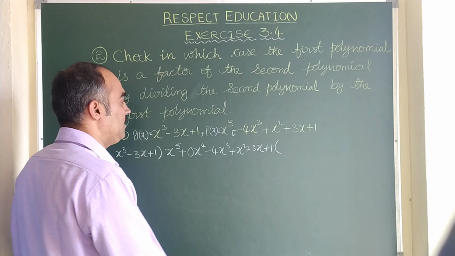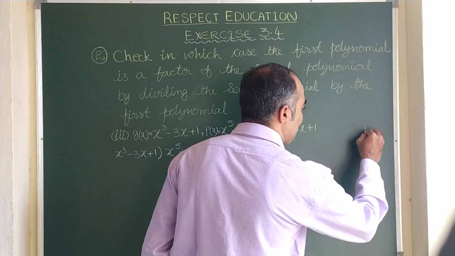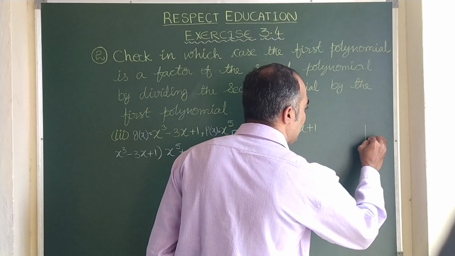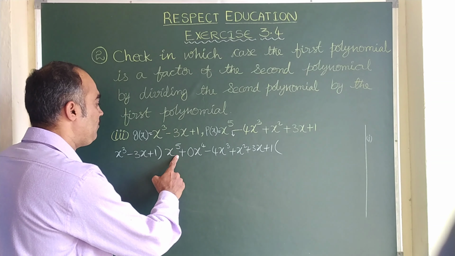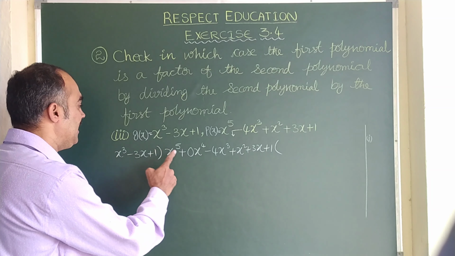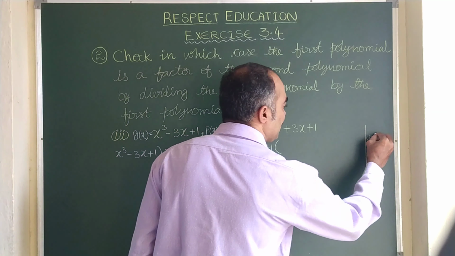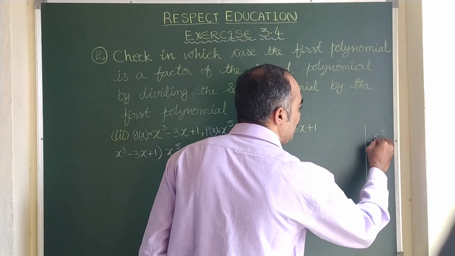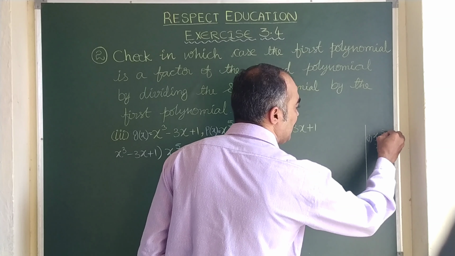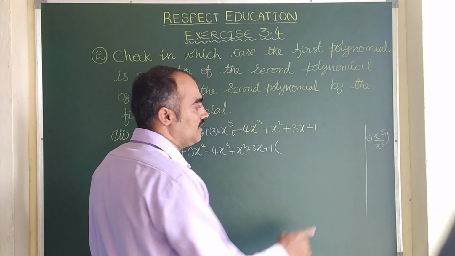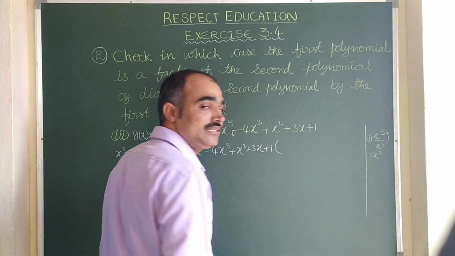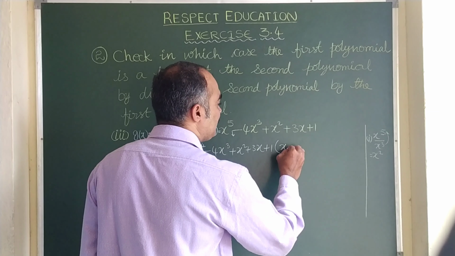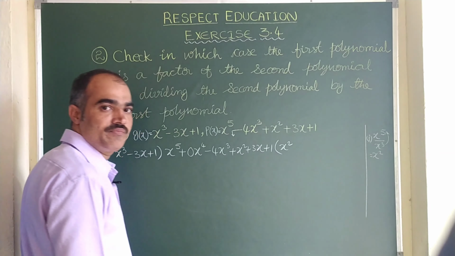Now here as usual, to get the first term of q of x, we take the first term of p of x by the first term of g of x. x power 5 by x cube. Here 3 is smaller, so it becomes x power 5 minus 3, that means x power 2, that is nothing but x square. x square is the first term of the quotient.